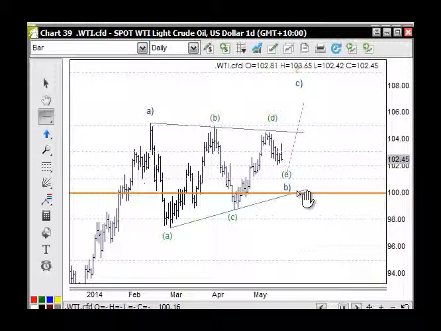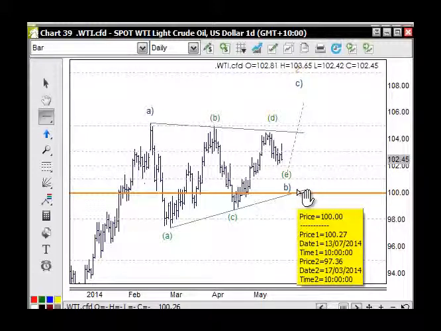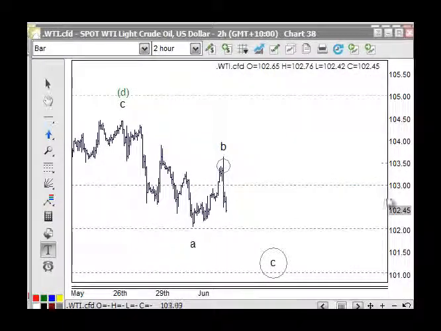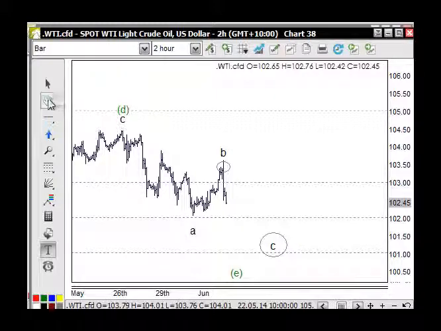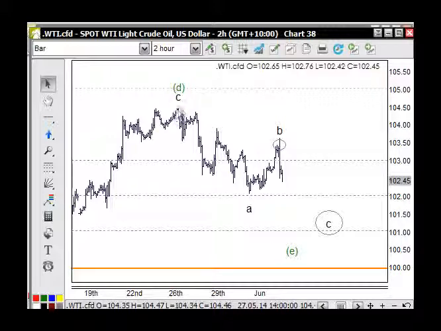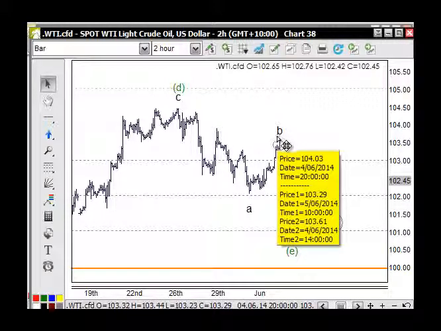So it may come down further than anticipated, but at the same time too, the market is actually above the 102 area here, so it's still supported. Let's move in here and have a little look at this. This move down from the high here in reality can be counted in different ways. It could be counted as I've got it here in terms of down for 1, back for 2, down for 3 here, an A wave, a B wave and a C wave here,